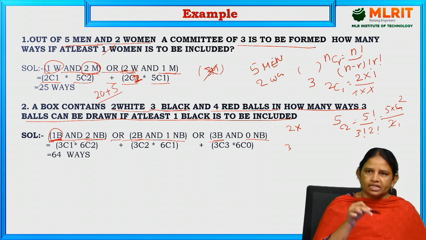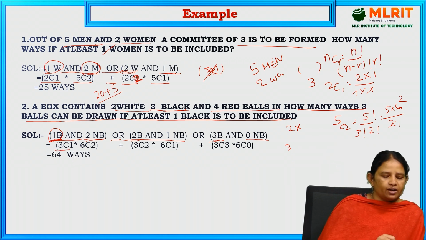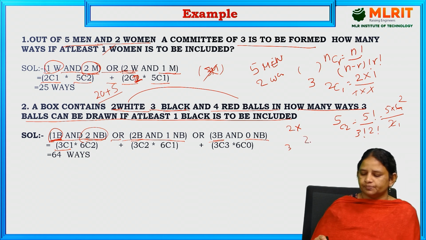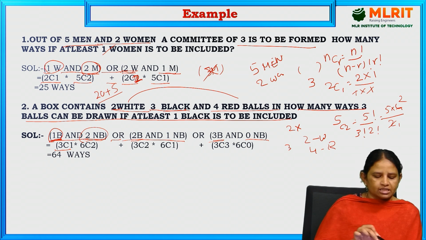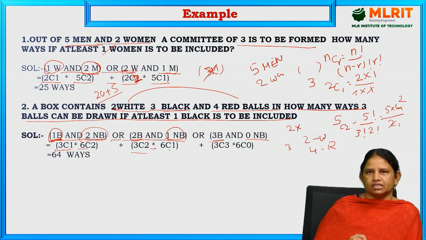3C1. Total 3 blacks are there. Out of 3 black, we have to select 1 black. So, 3C1, and we have to multiply. 2 non-black means the remaining 2 plus 4, that is 2 white and 4 red, total 6. But we are selecting how many non-color balls? 6C2. 3C1 into 6C2, plus 2 black, 3C2, and multiply 1 non-colored, which is 6C1, plus